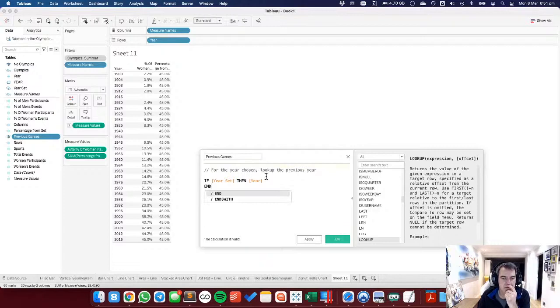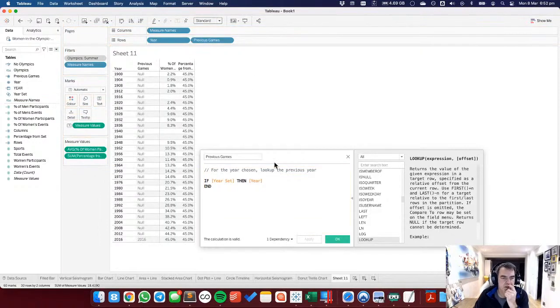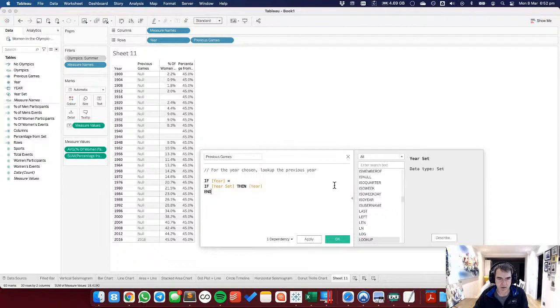But I need to go, so if it's the year set, so that's 2016, but I want to get the one backwards from that. So if year equals that,